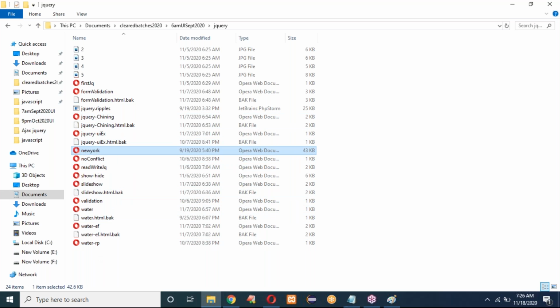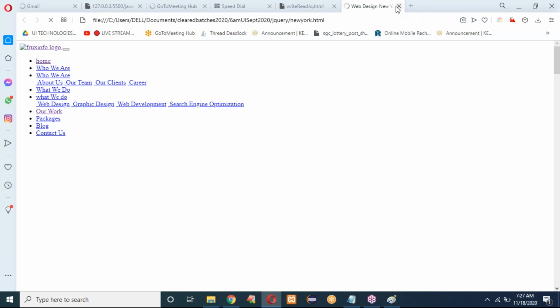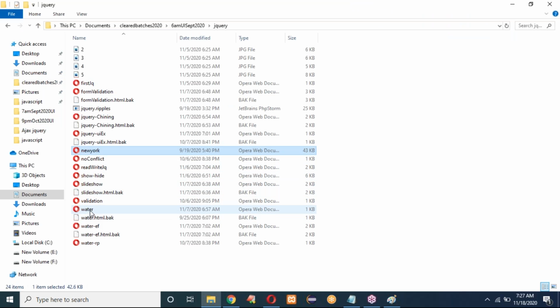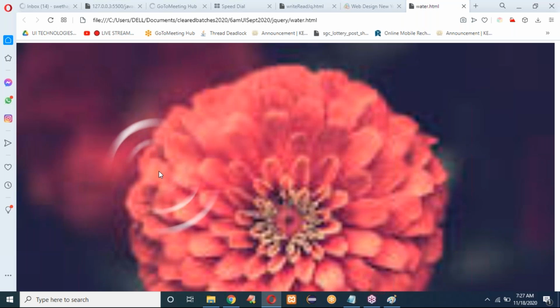Image. See here, when I click with my mouse, you can see that water type of effect. See, water effect. If you check here, New York website,